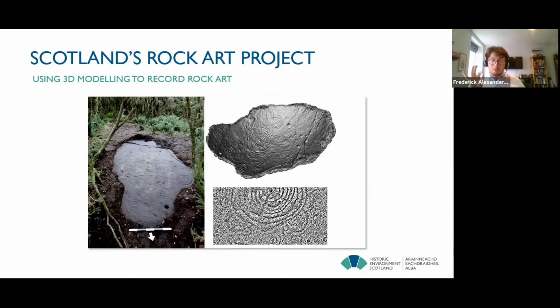Additionally, the fine detail of photogrammetry and the way it can visualize textures in important ways reveals new parts of rock art to us. If you see in the bottom image, potentially what looks like a little bit of a static image is a particular render that we've applied to this model. And what you can see is that beneath one of the larger cup and ring marks, you can see there